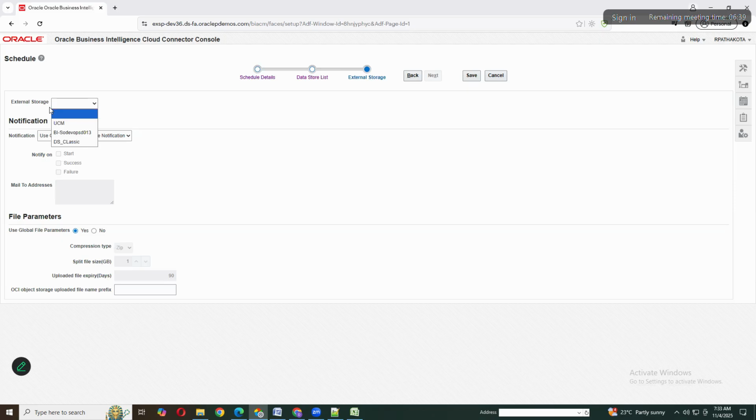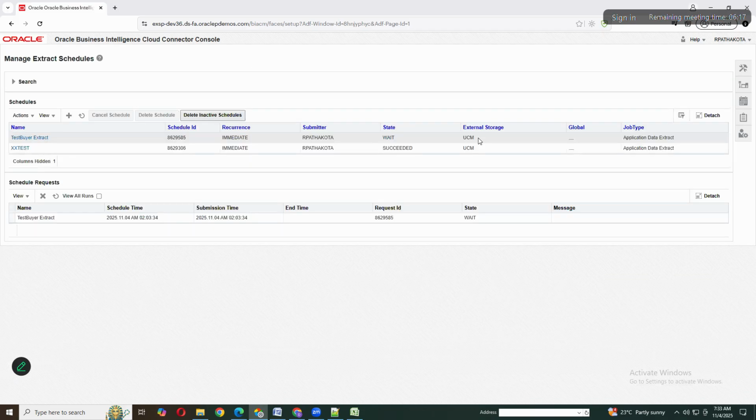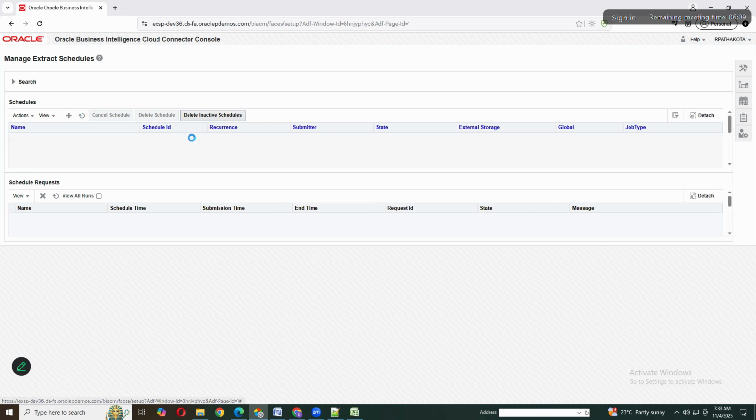External storage. Earlier I have mentioned the configuration of external storage is done by default with Oracle, right? Since it is done, I'm just selecting the UCM path for extraction and clicking on save button. Once we click on save button, here a schedule ID will be generated. Copy this schedule ID